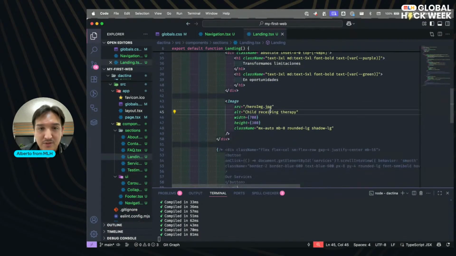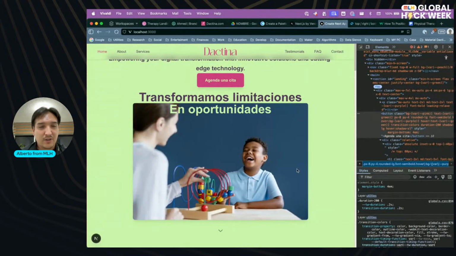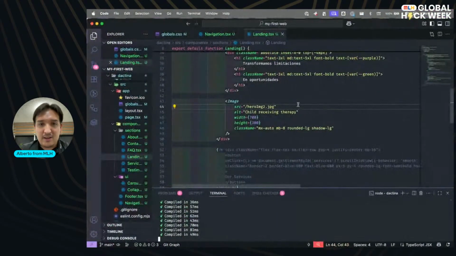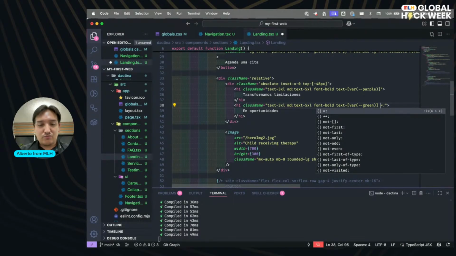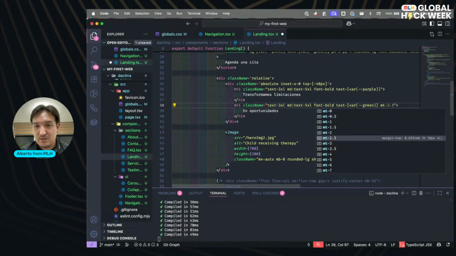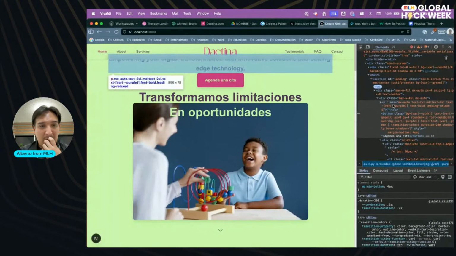I'm just going to switch this for this one. Let's see. Okay, I like it. I like it. And margin top 3.